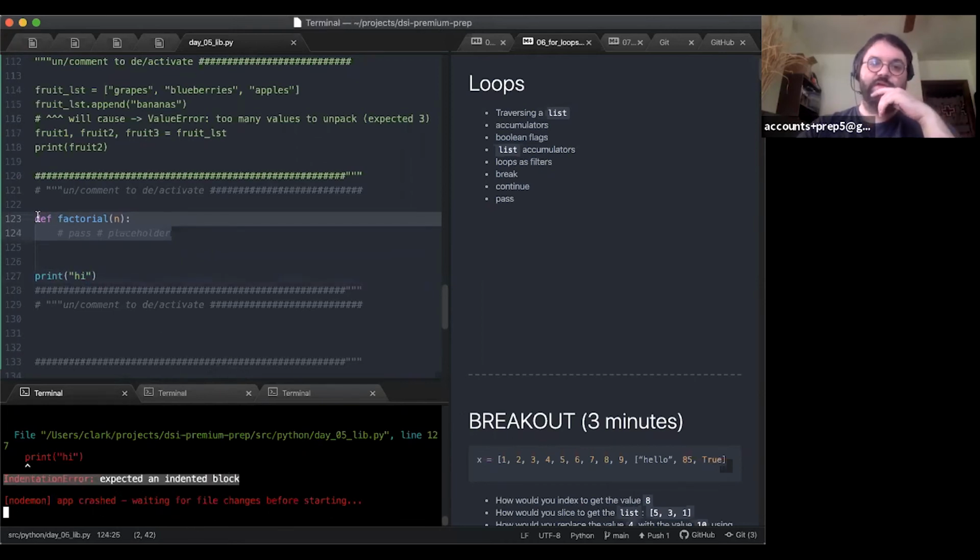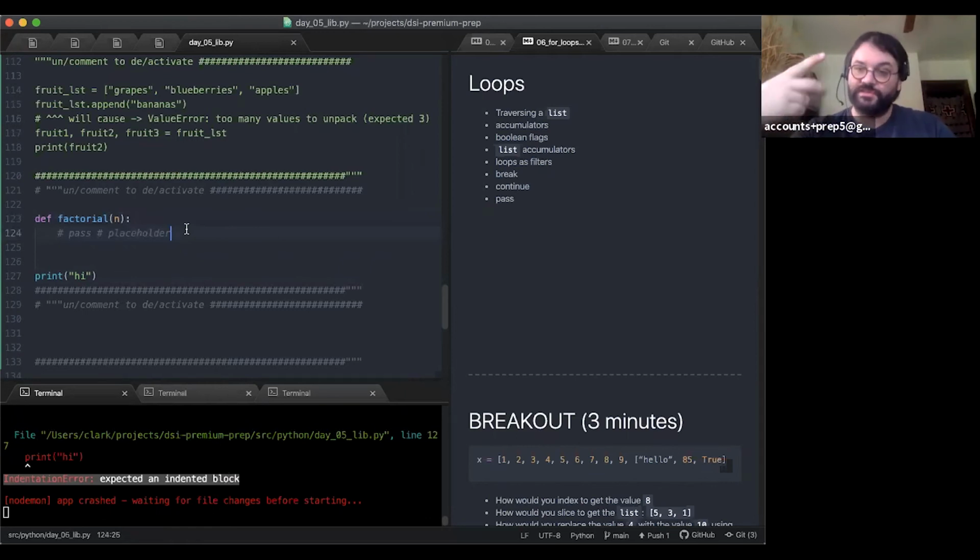So for parts of code that expect an indented part of your code, functions, conditions, loops, it's not that you can provide something indented, it's that you have to. If you don't have anything to put there for now, and you just want to put a placeholder in, you use pass. And you'll see this all over the Learn materials.